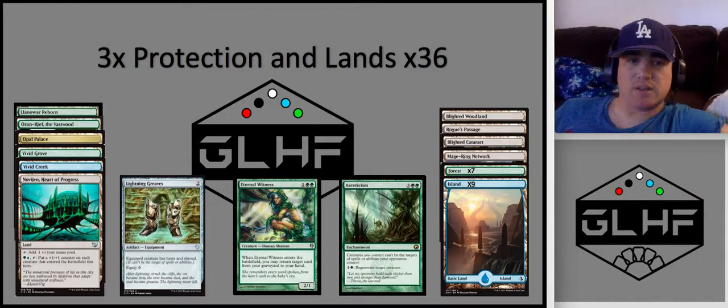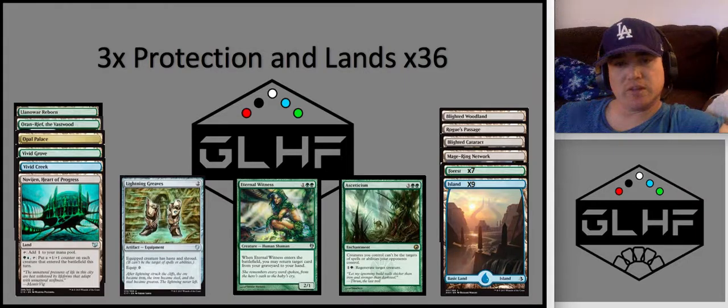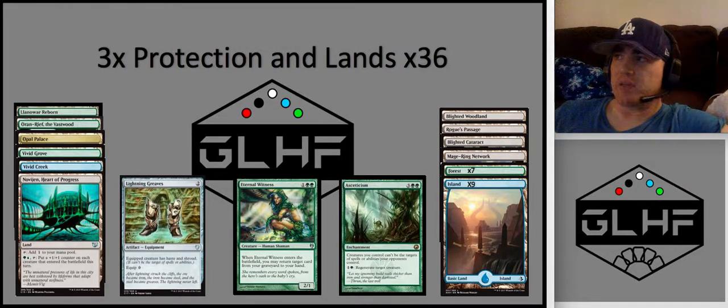For protection, we're running Lightning Greaves to protect one of our partners or any of our other valuable creatures, along with Asceticism, which lets us regenerate creatures and makes them so they can't be the target of spells or abilities. And I included Eternal Witness in the protection spells because it helps us get back one of our important cards from our graveyard should they be put there, like primarily our Doubling Seasons and